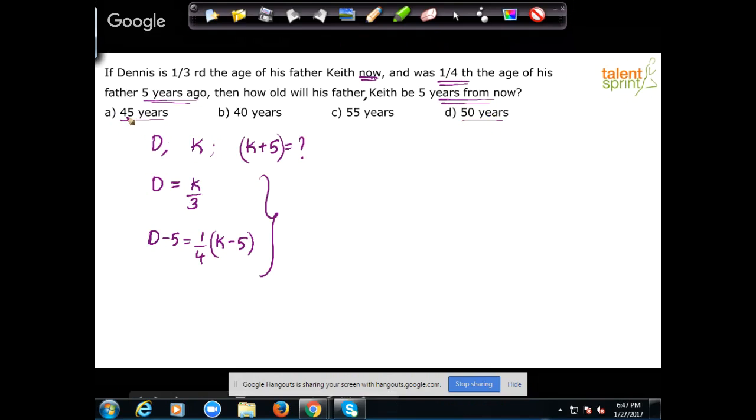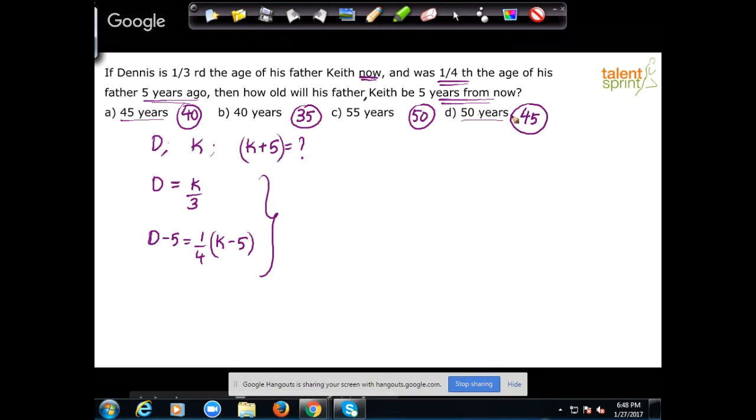According to option 1, K's age after 5 years is 45. So can you tell me what is K's present age? 40. Right? As per option 1, K's present age should be 40. As per option 2, K's present age should be 35. According to option 3, K's present age should be 50. And according to option D, K's present age has to be 45. Are you able to follow? Since the question is what is K plus 5, the options are also representing K plus 5. I am trying to extract what is K out of it, which is a no-brainer. Minus 5 each time. So 45 gives you 40, 40 gives you 35, 55 gives you 50, and 50 gives you 45.